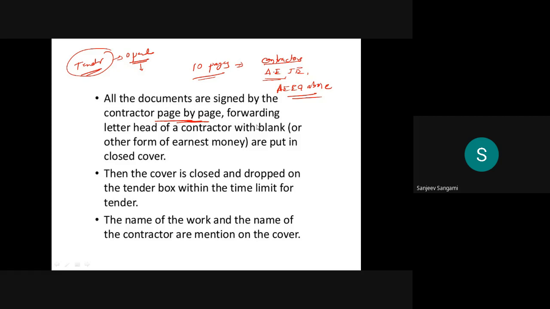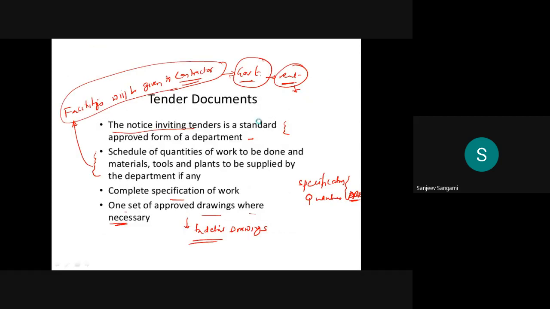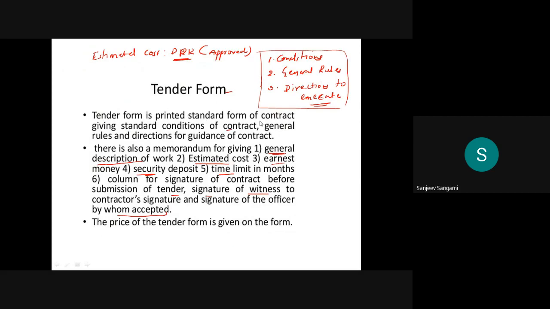In the previous class, we were discussing the tendering form. The tendering form is printed in the standard form of contract, giving standard conditions of contract, general rules, and directions for the guidance of the contract.